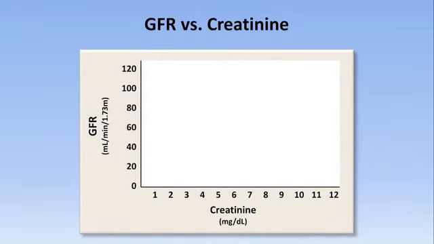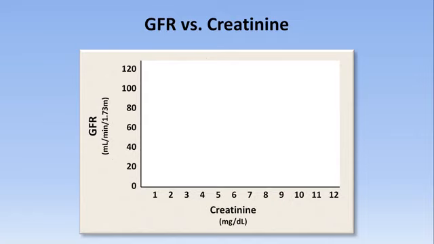The best index of overall kidney function is something called the glomerular filtration rate, or GFR. The GFR represents the rate of fluid movement across the glomerular capillary membrane. The higher the GFR, the better the kidneys are working. Unfortunately, the GFR cannot be measured directly and must instead be estimated, and the easiest way to do so is from the serum creatinine, according to any of a variety of equations which also incorporate age, sex, and sometimes race.